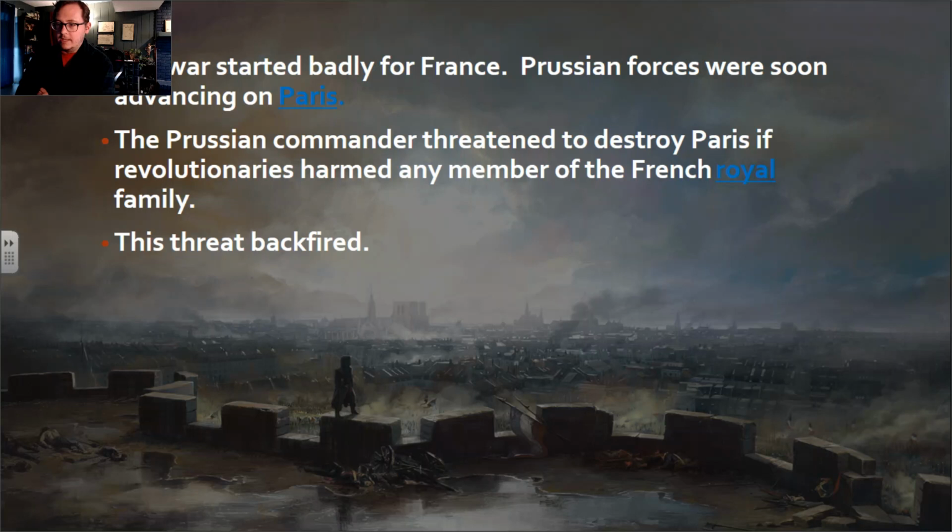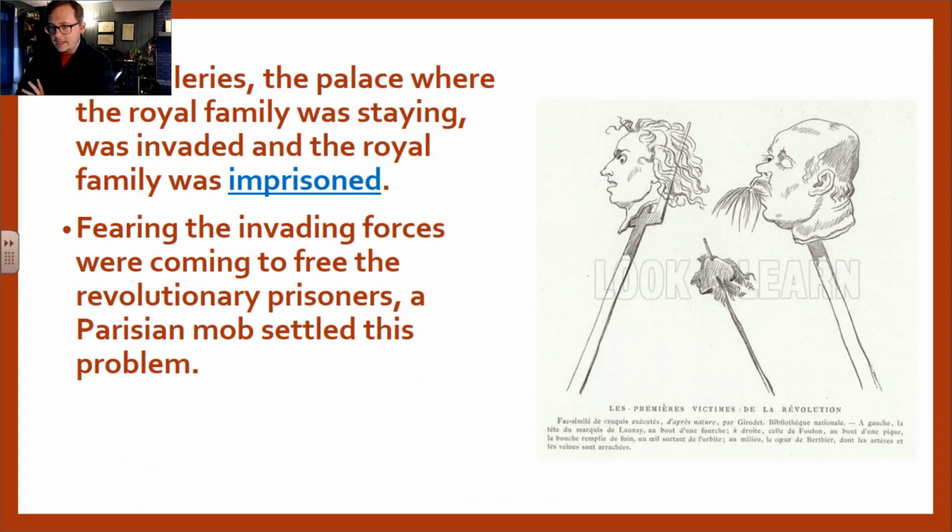So the war started badly for France, as I just said. The Prussian forces were very quickly advancing on Paris. The Prussian commander threatened to destroy Paris if the revolutionaries harmed a single hair on the French royal family. And boy, did that backfire. That just ticked these people off. So what they do is, at this point,